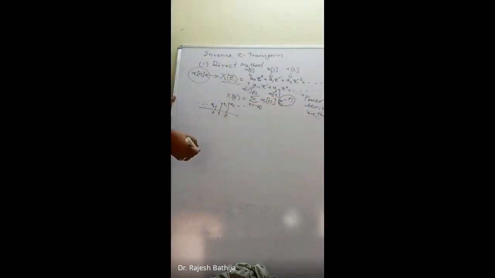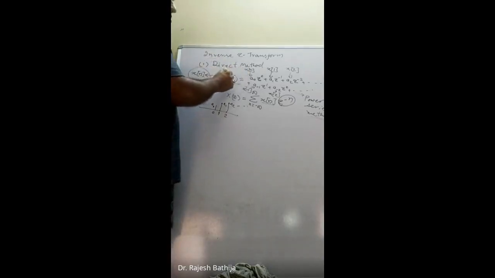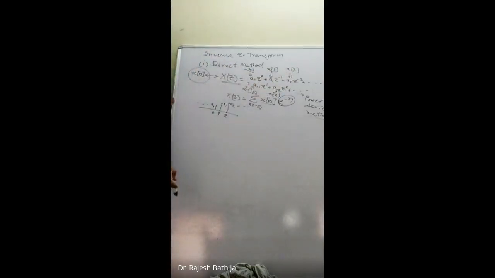So in the power series method or direct method, X(z) is given in this form, and through this power series form, we evaluate the values of individual x of n. And remember, this method is only for the inverse Z transform, not for the inverse Laplace transform. We will see separately what methods we will use for the inverse Laplace transform. So is this clear? If this is clear, then we can go for one problem.